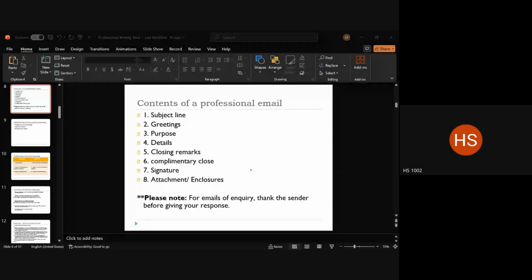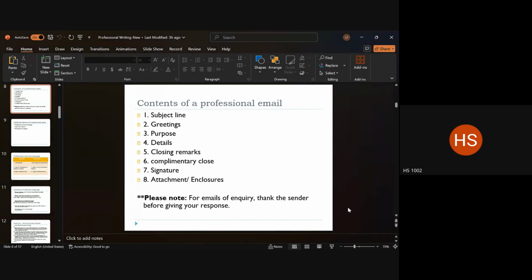This much will become your signature. Okay. All right. Attachment, of course, it is not a compulsory thing. If your email has one, then mention that in the email. That's all. If you're planning to send in an attachment with your email, make sure that your email says that there is an attachment with this. Okay. So that is the contents of a professional email.